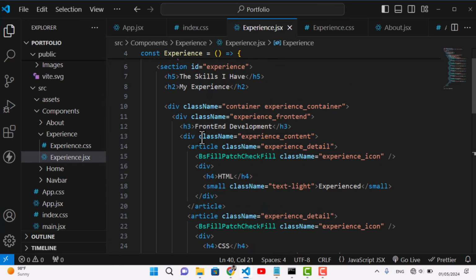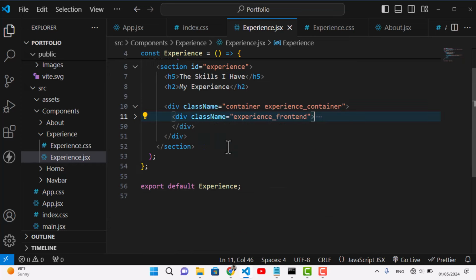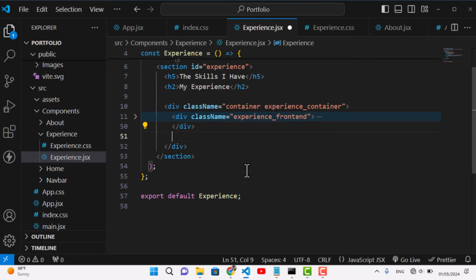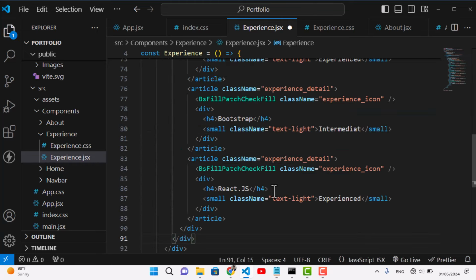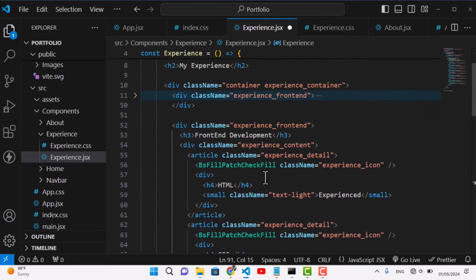So this was the front end area. Now we will copy the same code, this front end, for the back end also, because we have the same things, we will just change these names. Let's copy this code and paste it down. So after pasting that, let's change this to backend development,